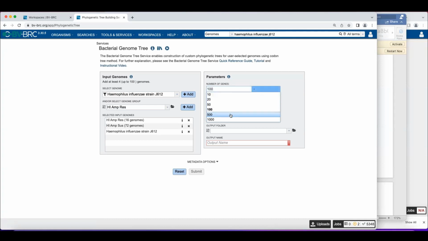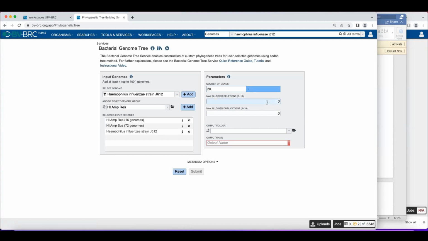But if you want very strong trees based on bootstrap support, you frequently do need to go to high numbers of genes, even 500 or 1,000. You know, it takes a long time. It might take like a day or something to run a tree with 1,000. In our case, I'm just going to click on 20 because that'll be plenty for demonstration purposes for this particular